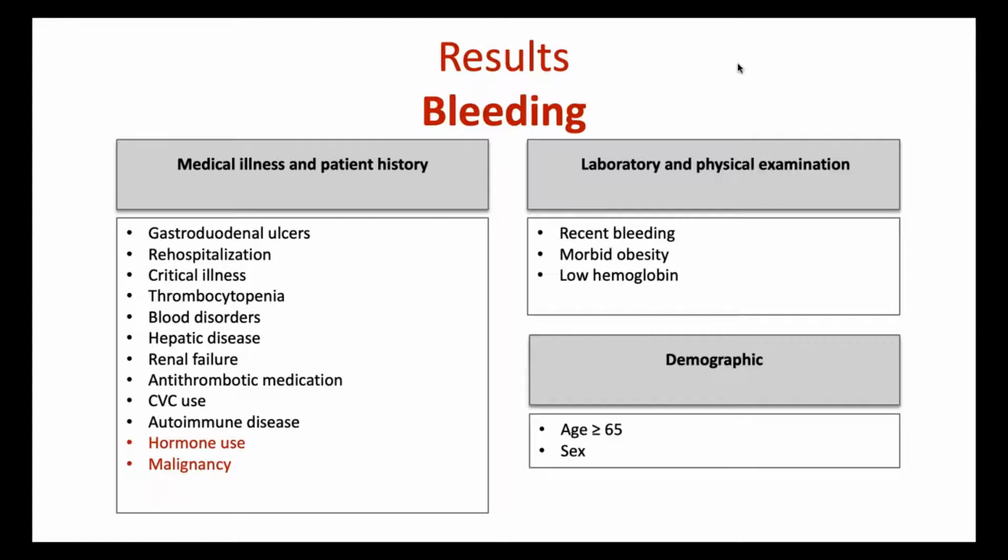As for bleeding, we identified 17 candidate prognostic factors. Of those, we found moderate certainty evidence that there is probably little to no association between risk of bleeding and hormone use, and low certainty in the evidence that there may be little to no association between risk of bleeding and malignancy. We found that age, critical illness, central venous catheter use, and autoimmune disease were prognostic for both outcomes. Obesity and morbid obesity were associated with VTE and bleeding, respectively. However, only age, critical illness, and autoimmune disease had the same quality of evidence for the two outcomes.